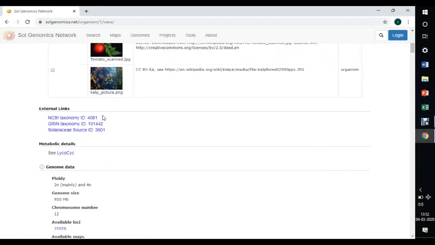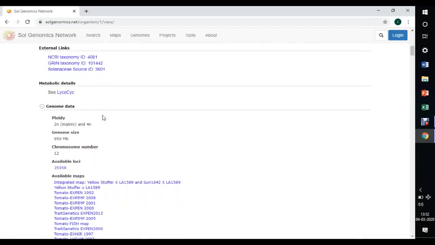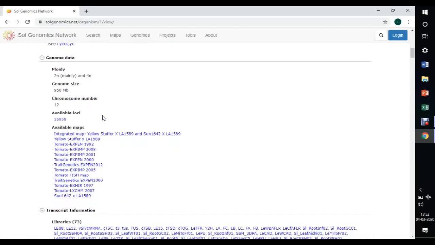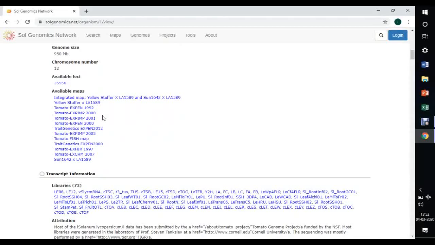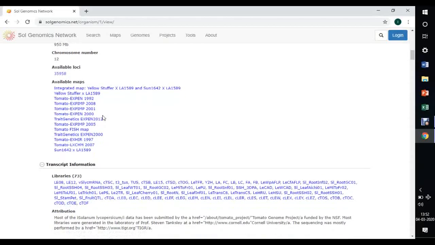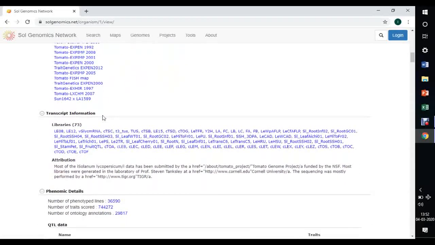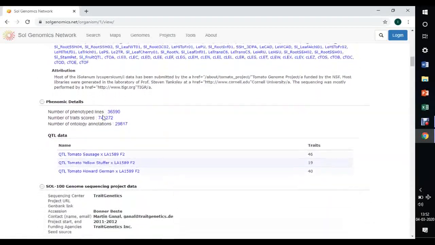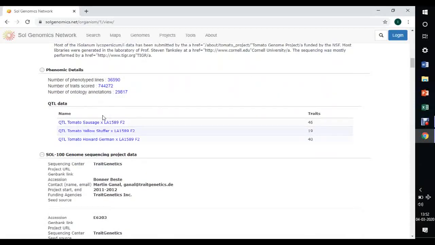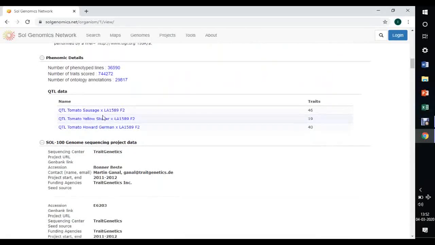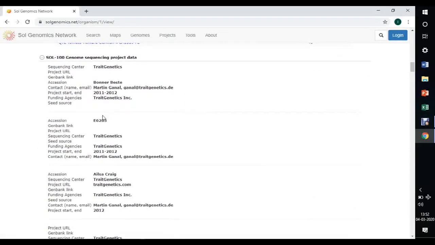You can also see the external links like NCBI taxonomy, GRIN taxonomy, sequence source, and genomic data like ploidy level, genome size, chromosome number, available loci, available maps, and parentage used, transcript information, attribution, phenomic details, QTL data, and parentage used for developing QTL.